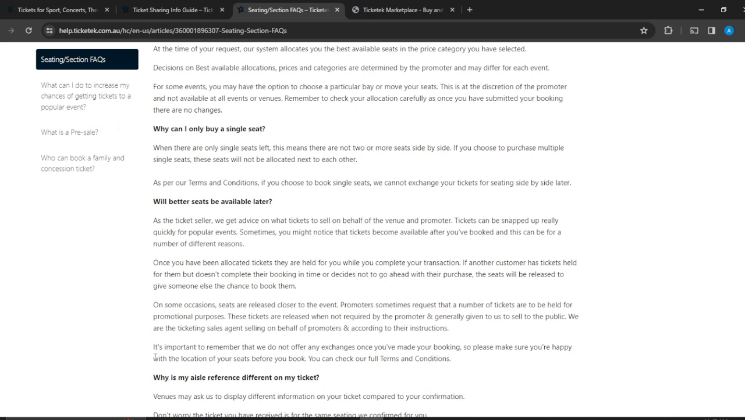Here's another one. It's important to remember that we do not offer any exchanges once you have made your booking. So please make sure you're happy with the location of your seats before you book, and you can check out full terms and conditions. So after you have placed your booking, I'm sorry, as of now, Ticketek cannot exchange your seats and they cannot